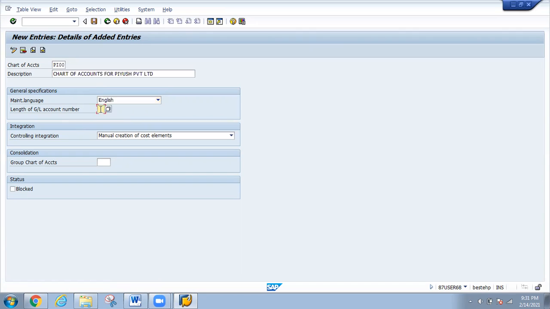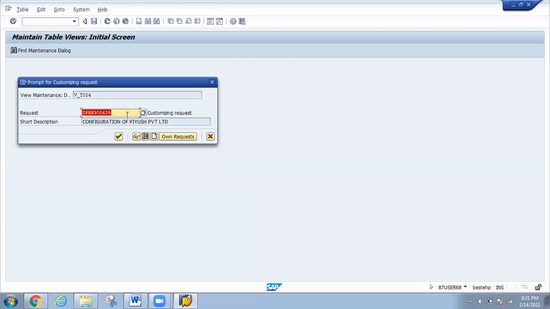In this scenario, I'm going to put 6 digit. And in control integration, you will find two options. One is manual creation of cost element, another one is automatic creation of cost elements. So here I'm going to select manual creation of cost element. Just click on save button.